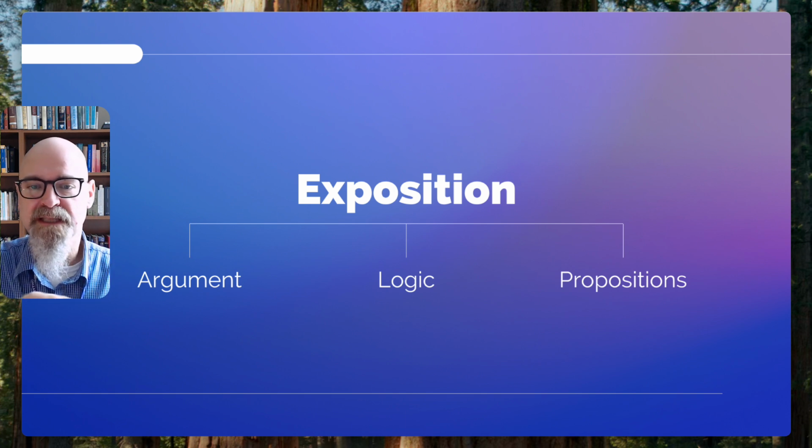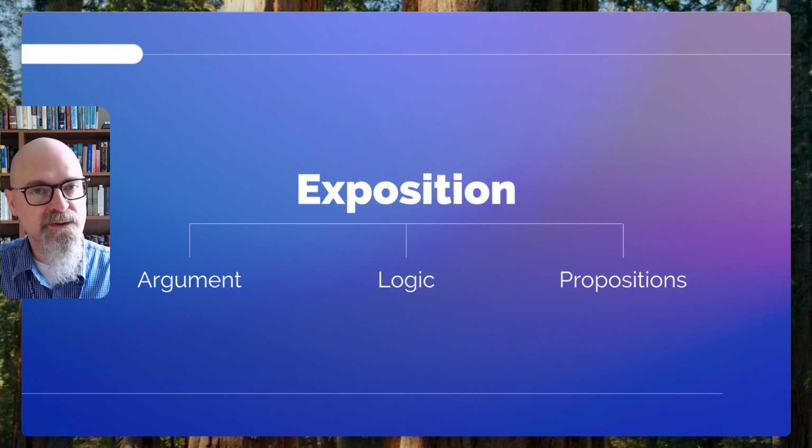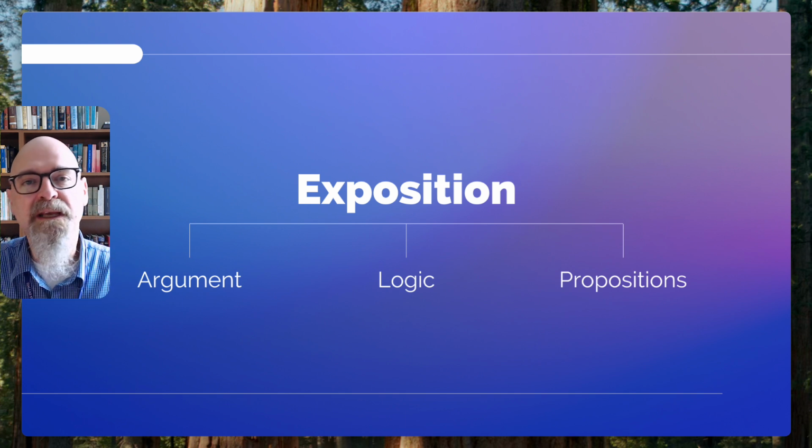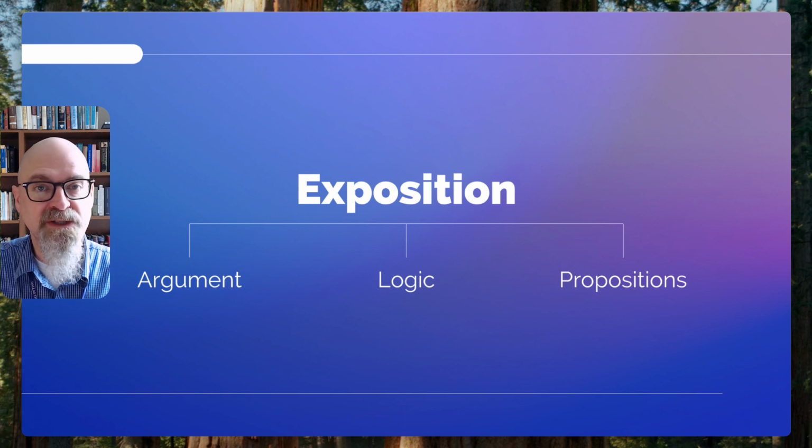What you'll see is that all 3 of these things, the argument, the logic, and the propositions, relate to one another. The argument is based upon logic, and it consists of propositions. In order to understand the argument, you have to understand the logic and the propositions. It's sort of like a circle of interpretation as we go through an expositional argument. So a lot of what we've already discussed in terms of language and observation will help us here. But at this level, what we're doing is we're putting it together in a holistic way so that we can really restate clearly what the author is arguing as part of the meaning.